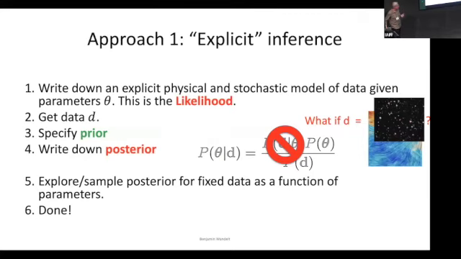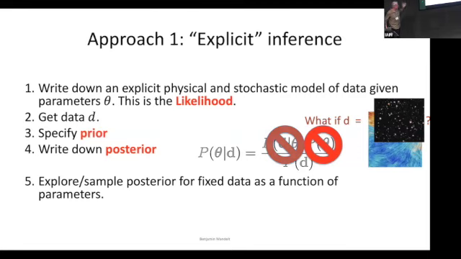But what if you don't have a likelihood, or not a good likelihood? A lot of the current analyses assume that the likelihood has a Gaussian form or some other simple form. But for many of the data sets that I even just mentioned, that's simply not a good approximation. Certainly not on these small scales, for example. All right, so that seems problematic.